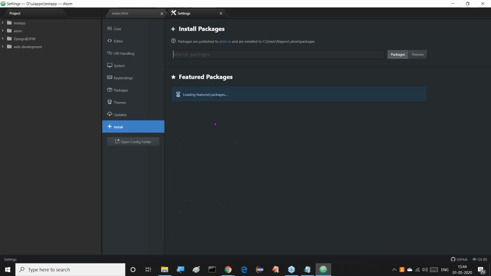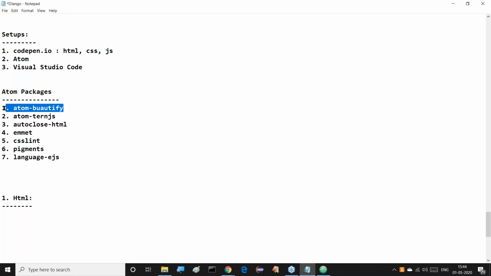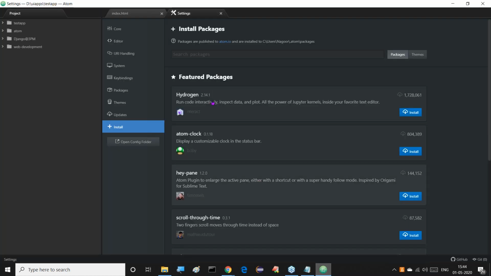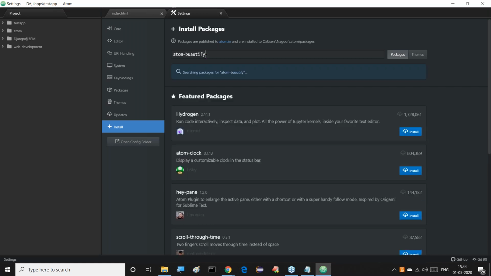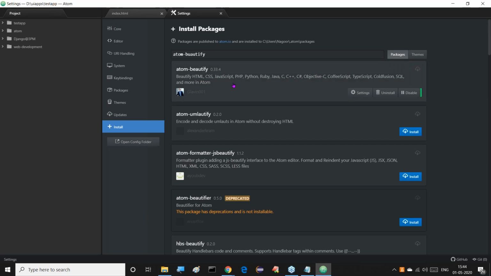If you click on Install, now we have to search for the package. Which package do we require here? We just have to search for the package. Initially I specified one package there. Now let me specify this one: Atom-Beautify. I want to provide this. Already I installed it, sir. In my system it already exists here. Now whenever we search Atom-Beautify, like this we get it.